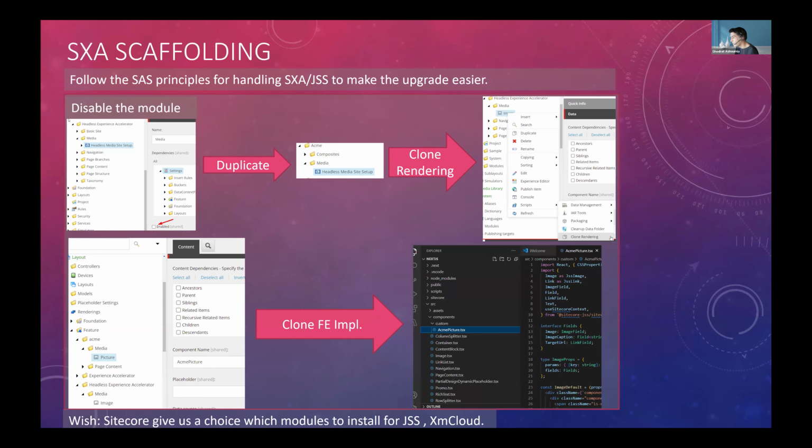I mentioned I've started a new XM project. The first thing that I did was just duplicated these modules that I needed, and I turned off the out-of-the-box modules. I know in there I am breaking the things that I mentioned we shouldn't do.